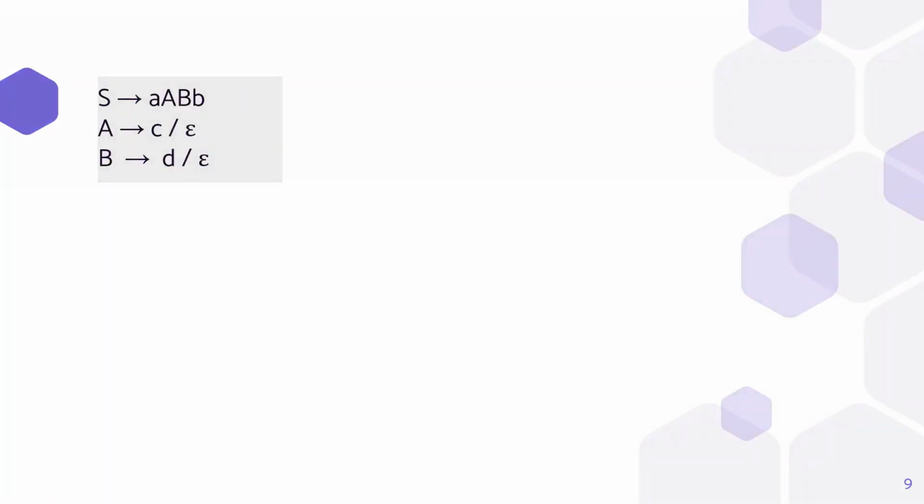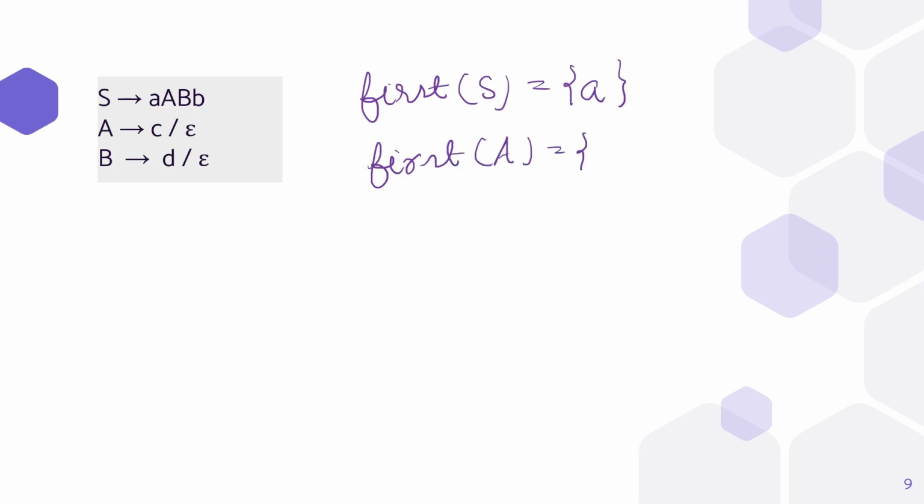Let's take this example and understand how we can check whether this particular grammar is going to be parsed by an LL1 parser or not. So what is the first step? The first step is we have to find the first of S. So first of S is A. First of A is C, epsilon. First of D is. So here we have to find